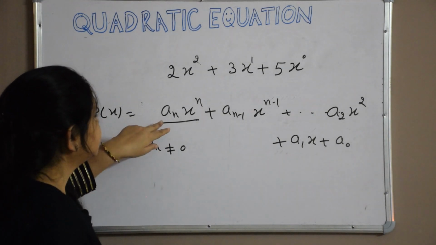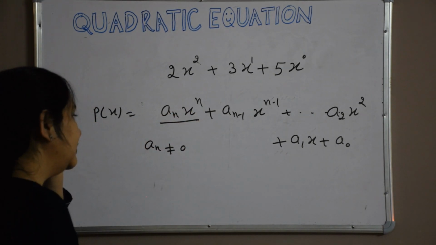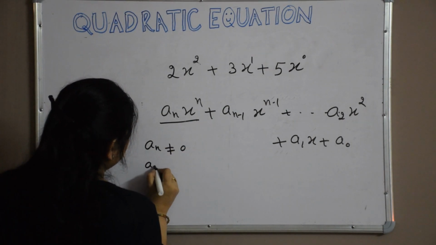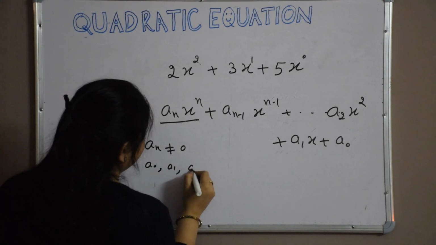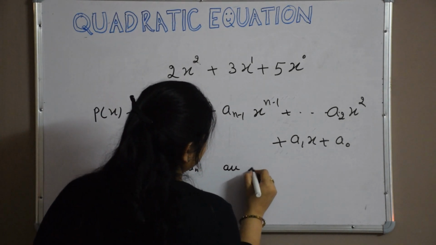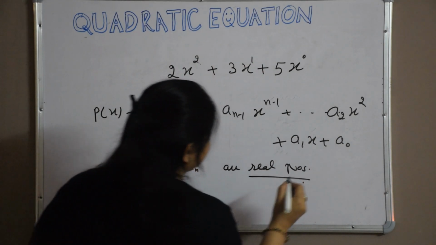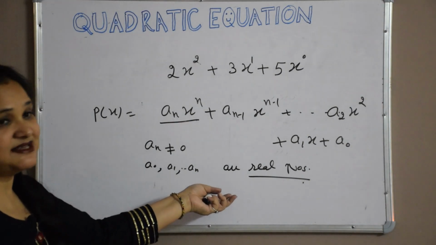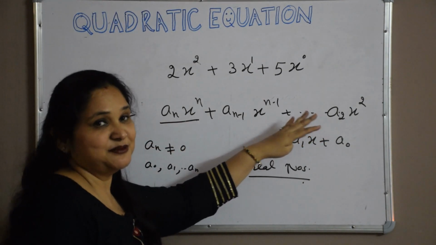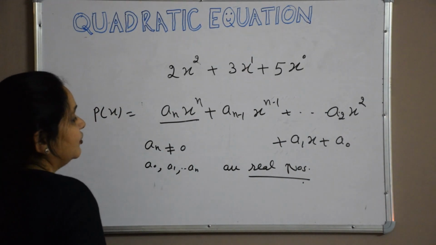So this is the main thing you have to remember about a polynomial: a polynomial is an algebraic expression, and here a_0, a_1, a_n, all these coefficients are real numbers. They can be rational as well as irrational. No problem if our coefficients are irrational numbers. That will also be helpful. I will tell you how we can solve those.